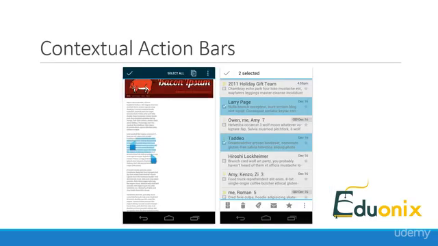In some cases, an action bar might lose its usefulness when the user enters a special mode like editing, multi-select, or text select. The normal paradigm of action items, title, and logo are less relevant, for instance, in the case of selecting text that we see here on the left side. It would be much more useful to provide different action items like select all or copy, and then provide an option to leave the select mode, which is represented here by the check mark on the left side of the